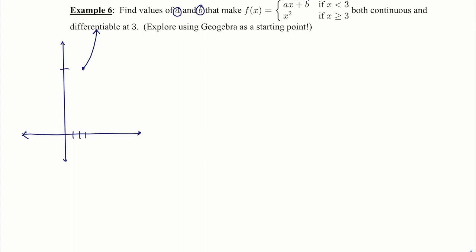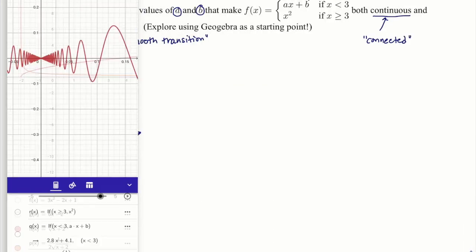And we want to make sure that this function is continuous and differentiable at 3. Continuous would just mean roughly that the graph is connected. Differentiable is telling us there's a smooth transition between the two branches. So let's grab GeoGebra,